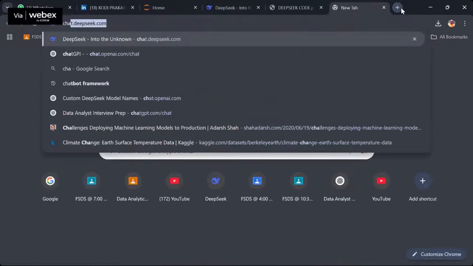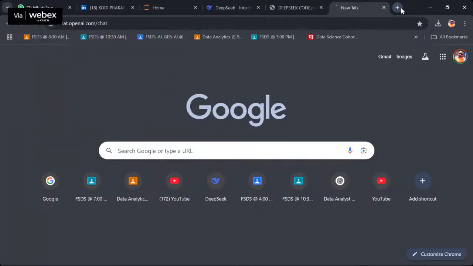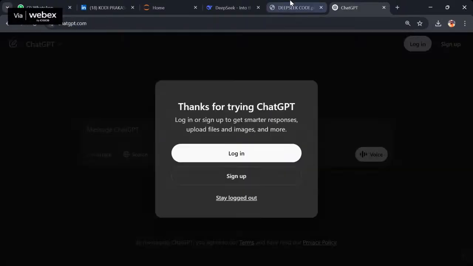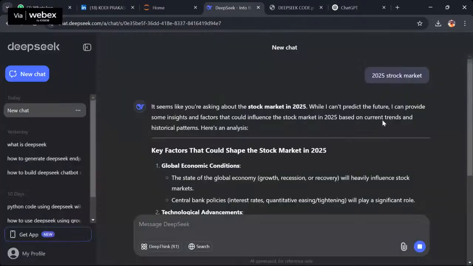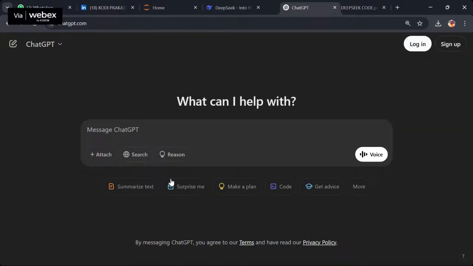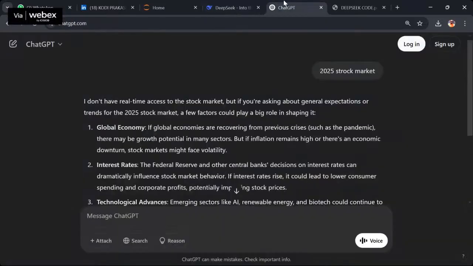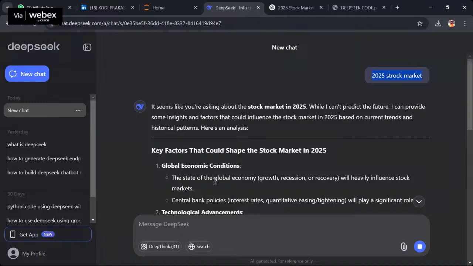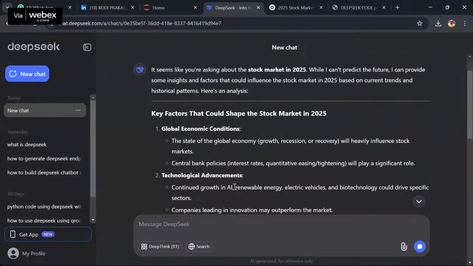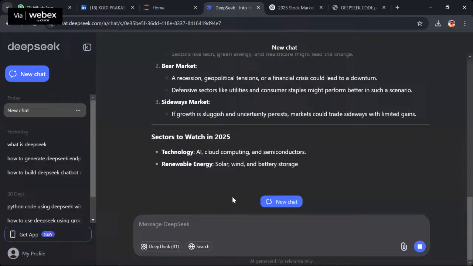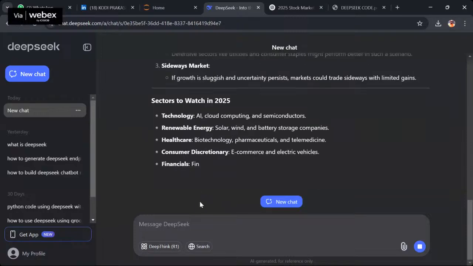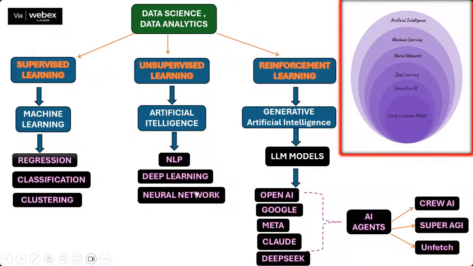Just go to chat.openai.com, stay signed out, and you can ask the same queries over here and you also get a similar response. Pretty clear, guys? Both are bots, where ChatGPT is used by OpenAI, and DeepSeek anyone can use, and it's created by a Chinese company. So this is all about the DeepSeek bot. Understood up to this, guys?